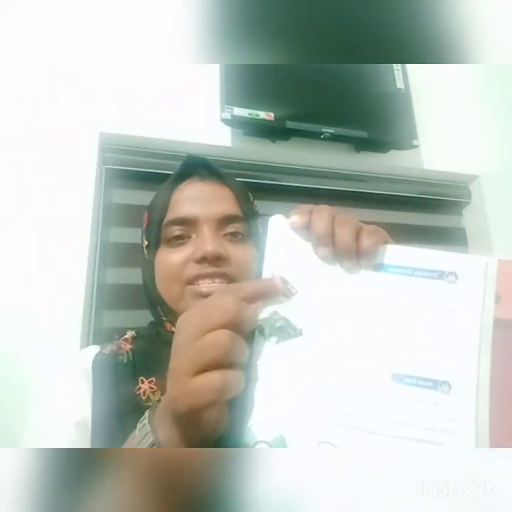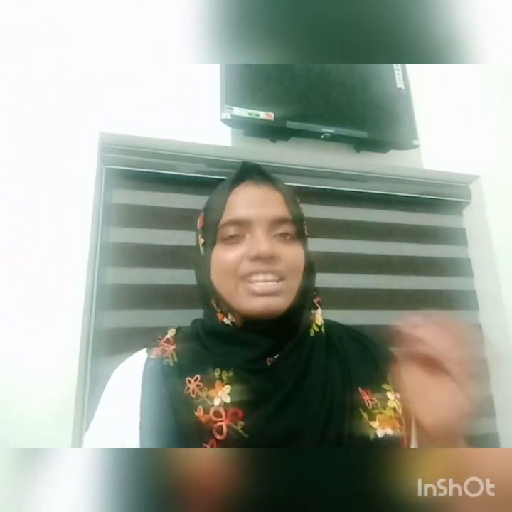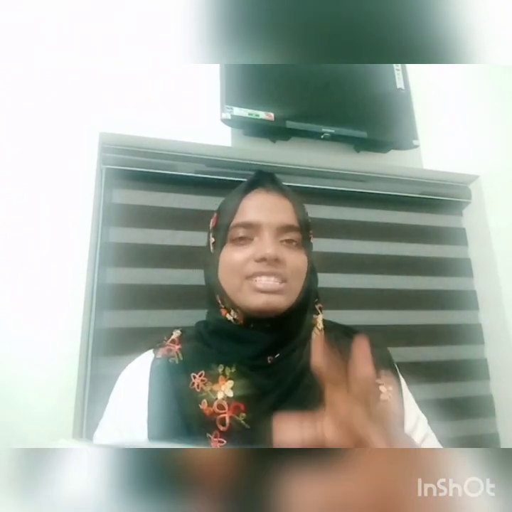So the example of a primary storage device which is there in the computer is, you can see the picture here. Can you see the picture here, children? This is RAM. RAM is a primary storage device. It stores the primary data for working a computer. RAM stands for, what is the full form of RAM? Random access memory. It is like the motherboard of a computer. Without mother, we cannot live, right? If mother is not there, we are not there, right? Mother is the person who takes care of us, right? The same way here, there is a motherboard, that is RAM, where everything is saved in the computer.